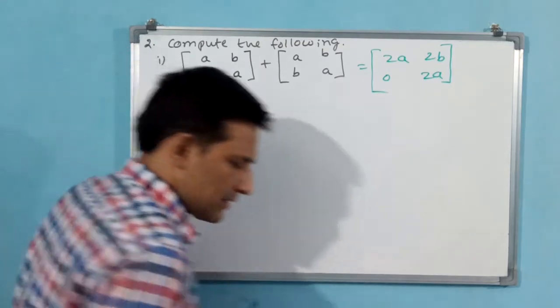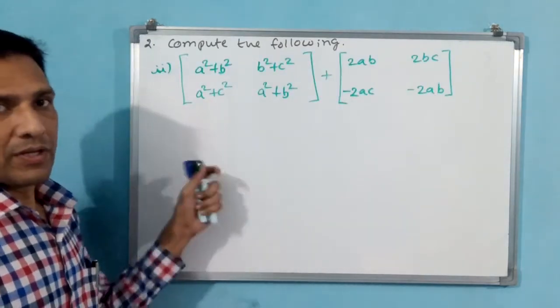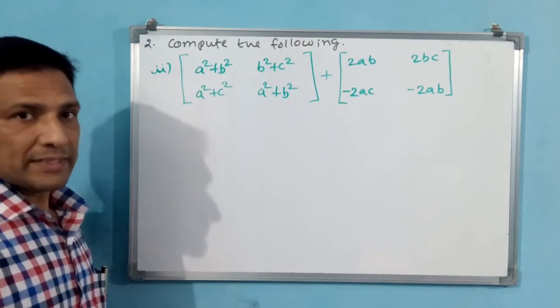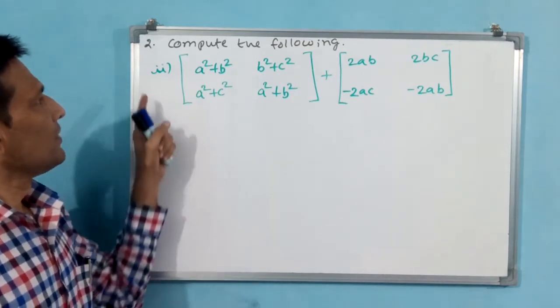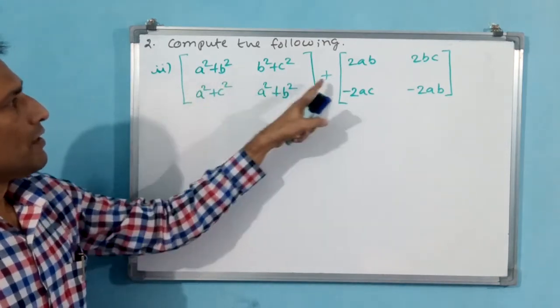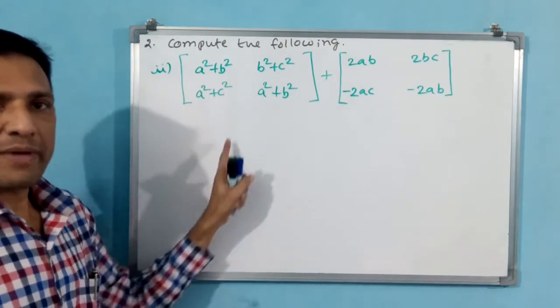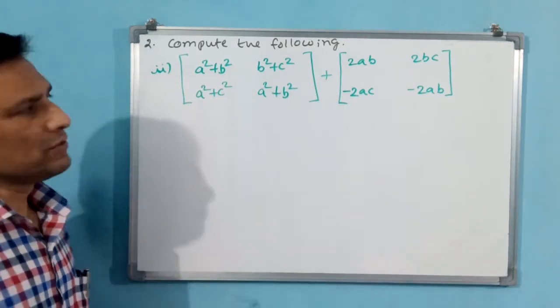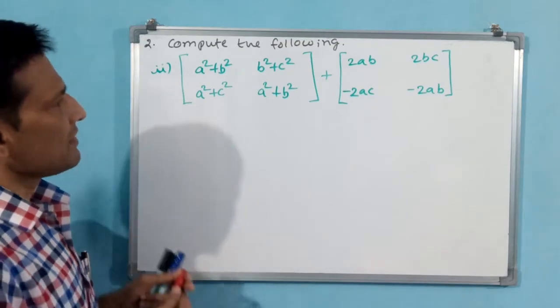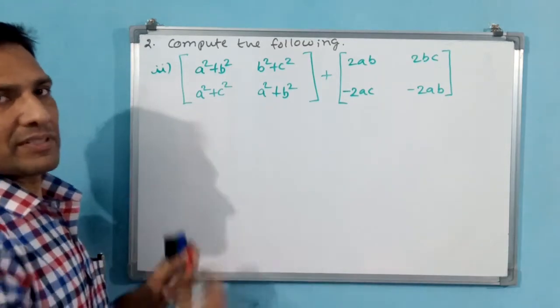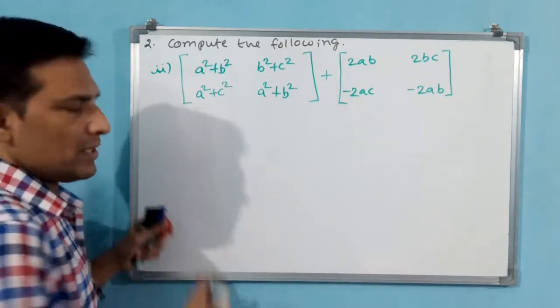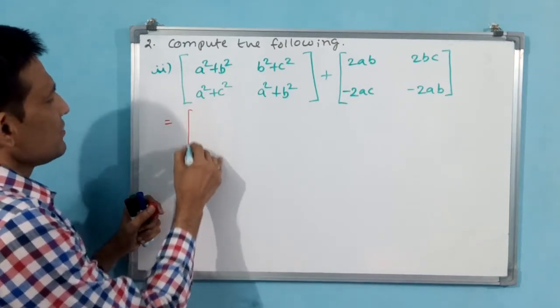Let us go for second part. Okay. See the second part. Second part you see. Addition you have to make. These two are separate matrices. Directly we can do. Why? Because they have not given any notation, reverse or something like that. Directly you have to perform. Okay, let us see what is going to come.